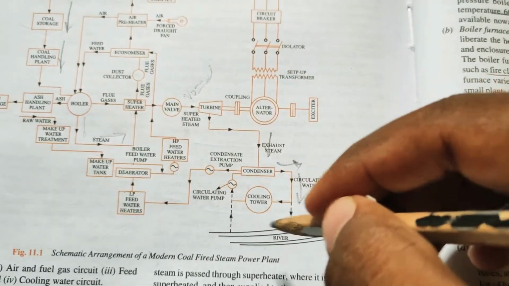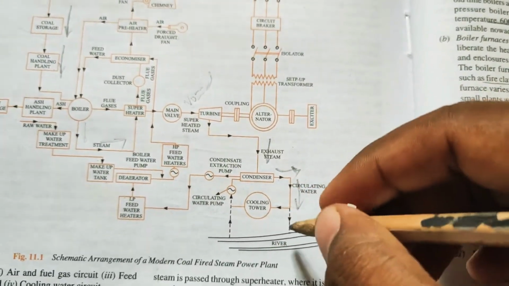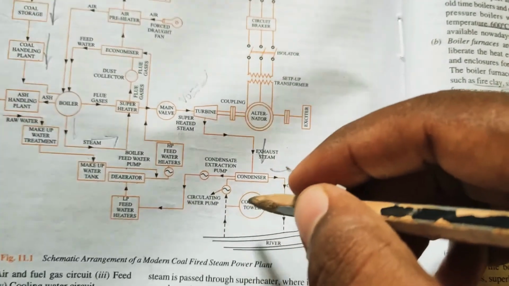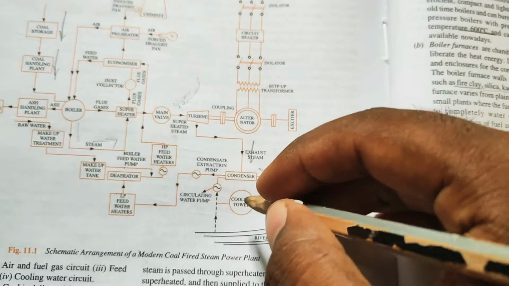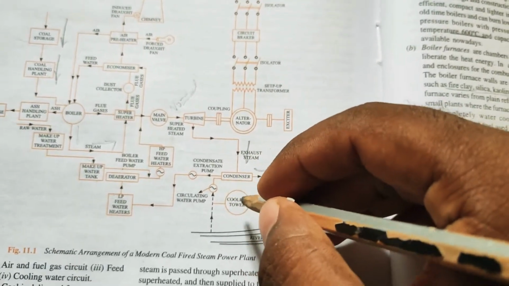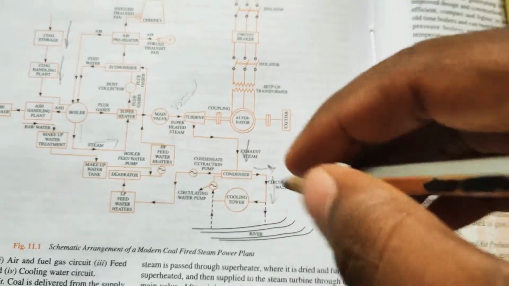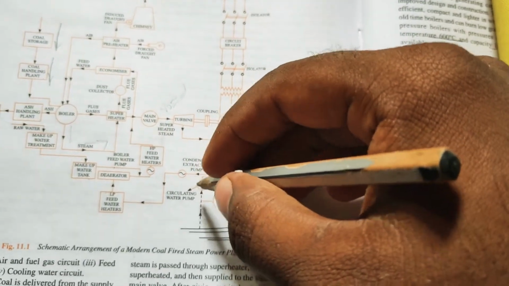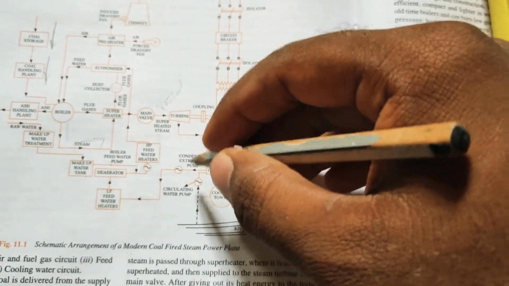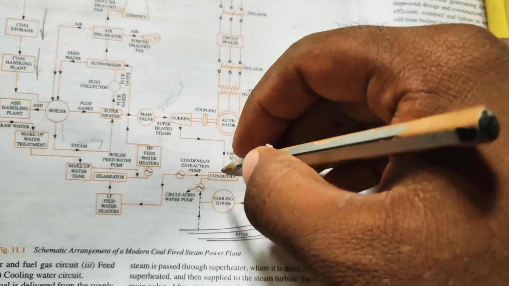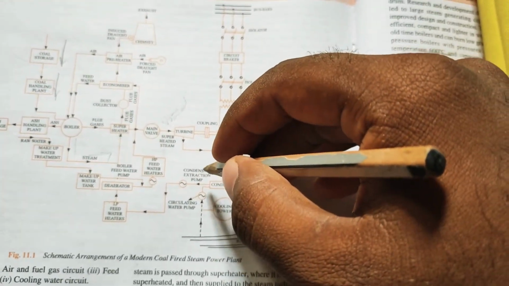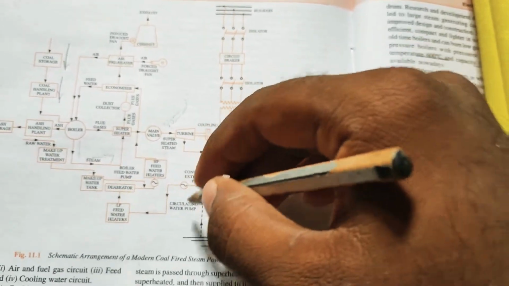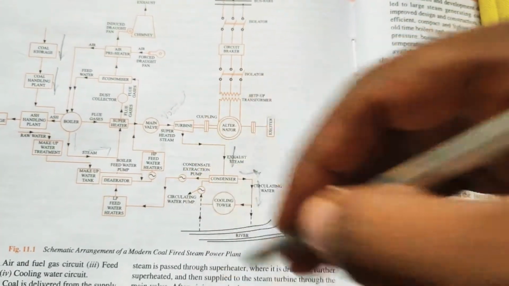That cooling tower gets water from a river or anything else, and this exhaust steam will be cooled through the cooling water towers, and then it will be sent to the circulating water pumps. That circulating water pumps send this water into the condenser exhaust pump. That exhaust pump sends the water at high pressure, and it is sent to the low